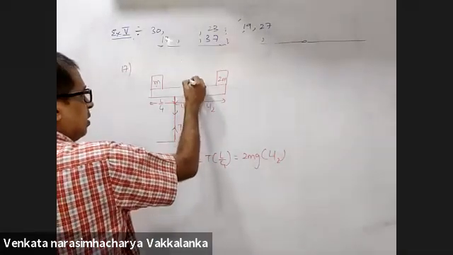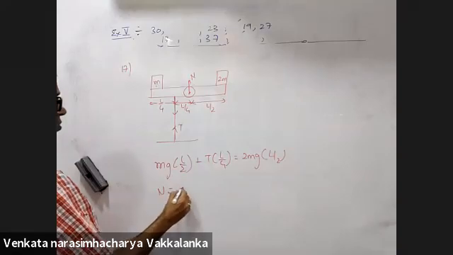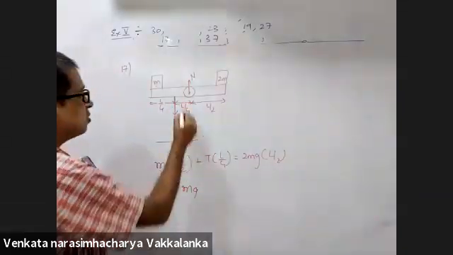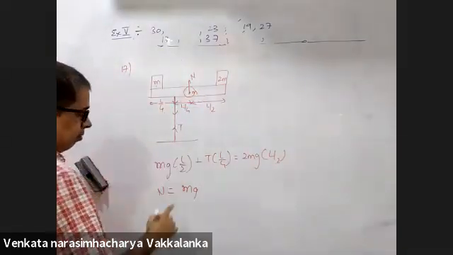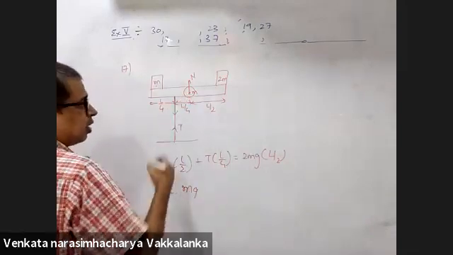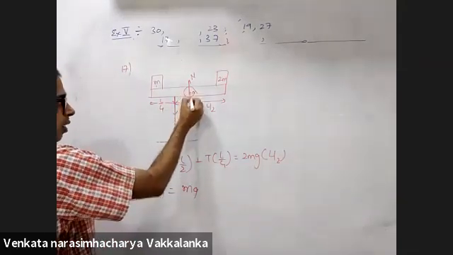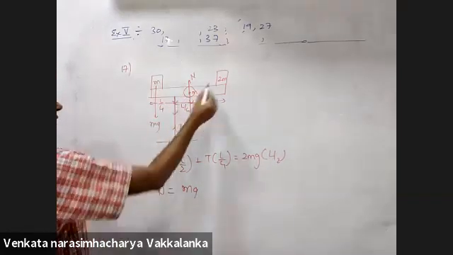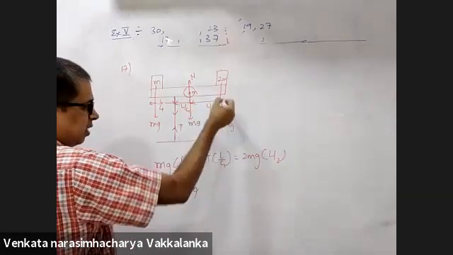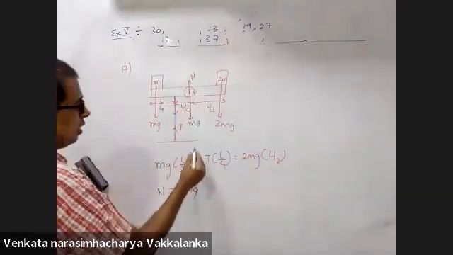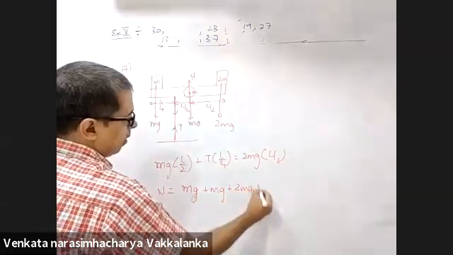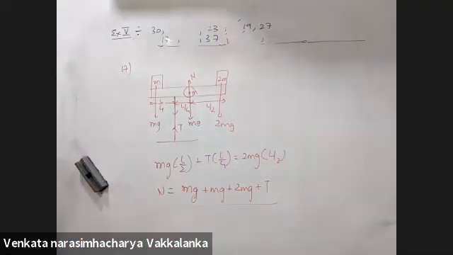Find the force exerted at the pivot. Take the normal force. Normal force is equal to mg. I am missing the mass of this. Mass of this will be M, so that will not come into this because I have taken the torque about the center. So mg will be acting here. I took the torque about this. This and this mg will give me anti-clockwise torque. 2 mg will give me clockwise torque. First equation is right. Second equation: N is mg plus 2 mg plus T. T from there you substitute here, and that should be the answer if my simplification is right.